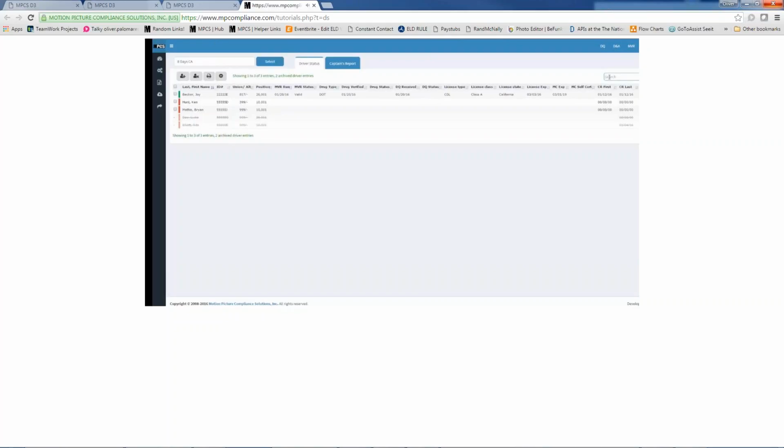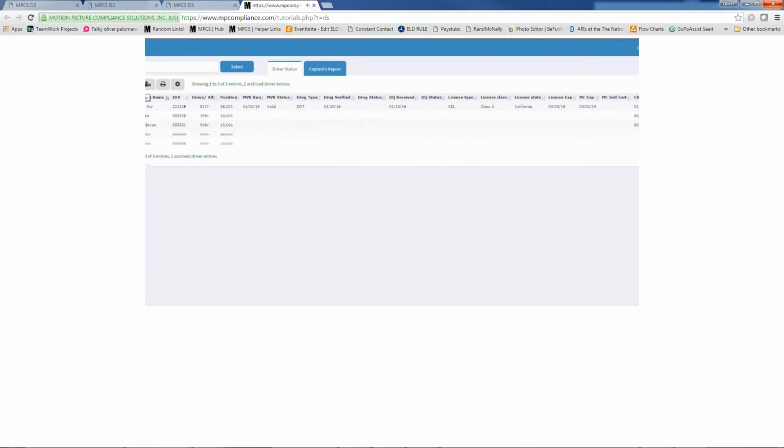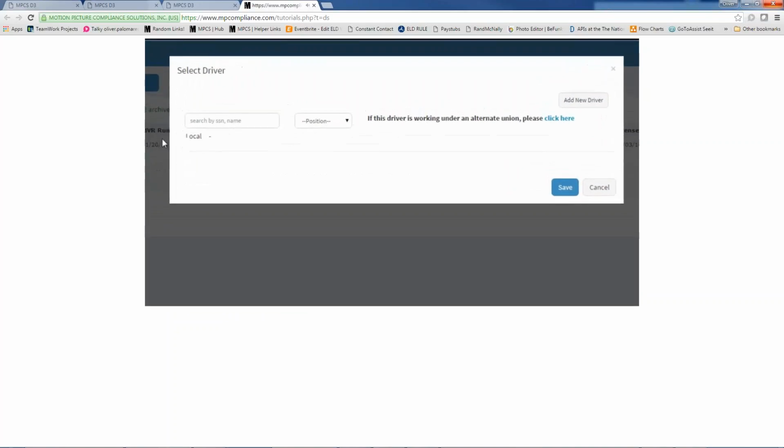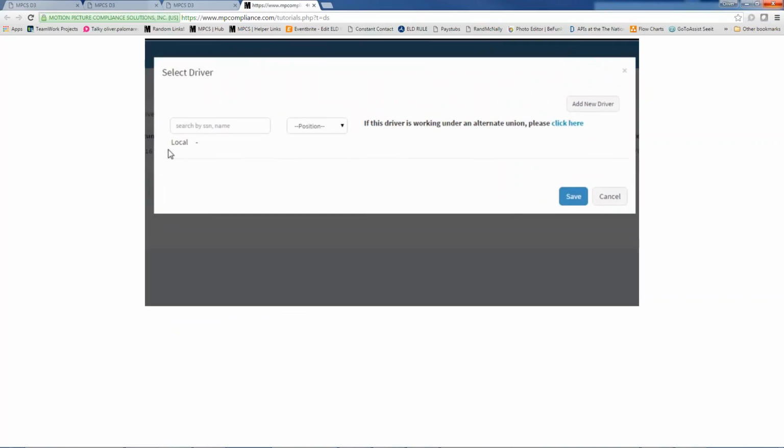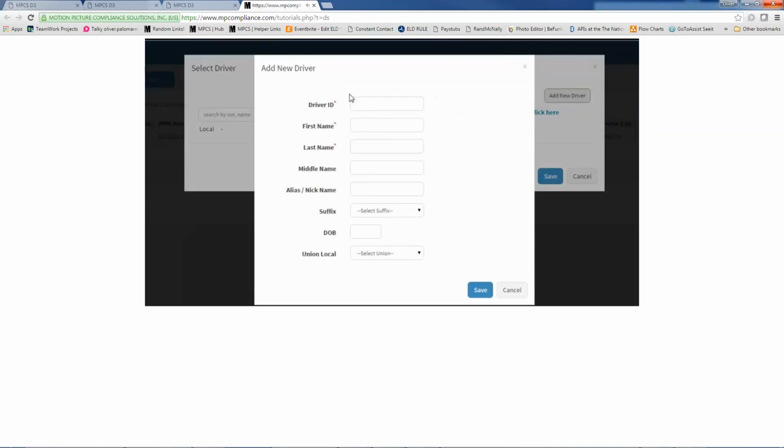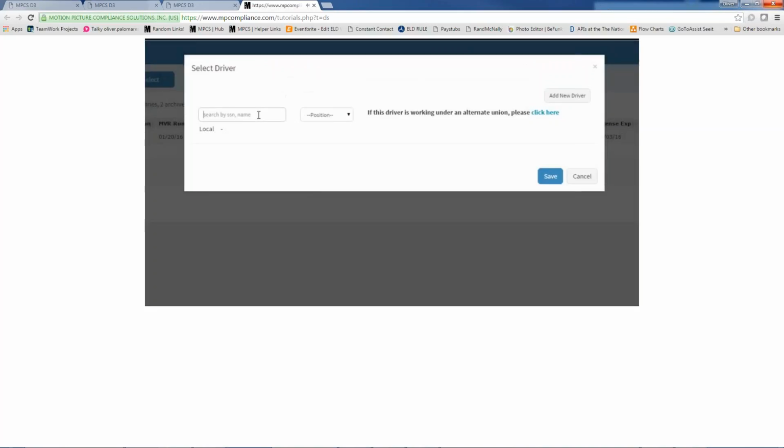If you want to filter drivers on the driver status page, you can do so by entering first or last name, driver ID, or union number in the search field. To be able to add a driver, the way to add drivers to the driver status page is by clicking the Add Driver icon. A pop-up window appears that allows you to search for a driver in our system by driver ID or name. If the driver cannot be found, you can click the Add New Driver icon to enter their information. Subsequently, you have to complete the required fields of driver ID, first and last name. After a driver has been entered, select the driver's